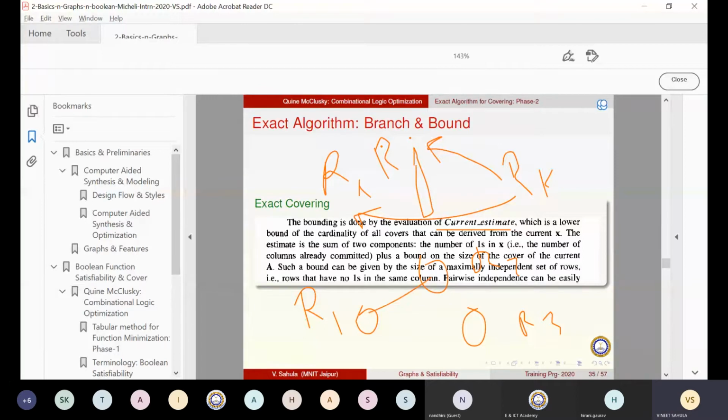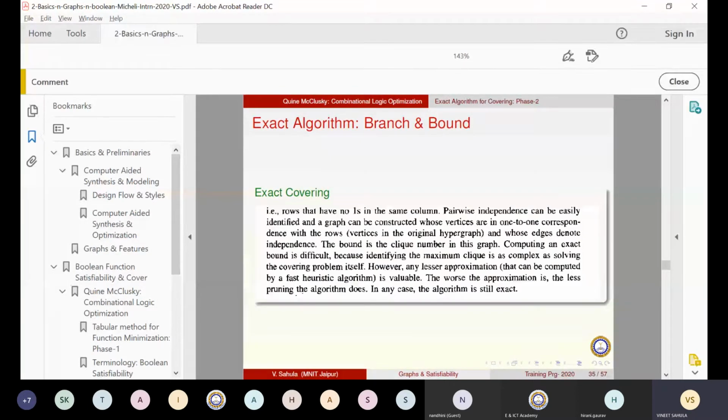If I want R3 to be in a group, then R3 should be compatible, independent with R2, R3 must be independent with R1. Then I have a clique. And that I say R1, R2, R3, all 3 are together independent. Is that okay? This is a current estimate. So if you see that the earlier matrix, right?